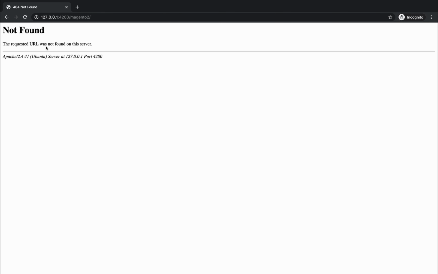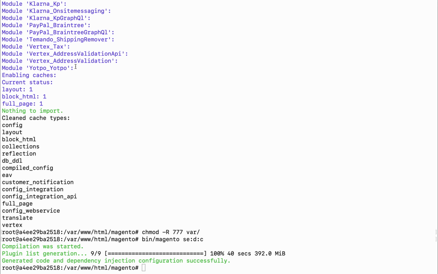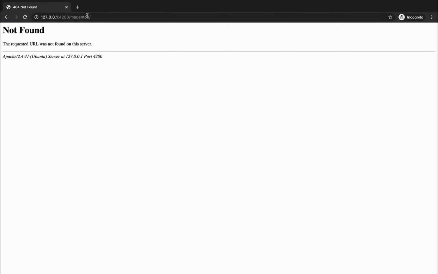Now I see another issue. It says the requested URL is not found. The project which we have installed is in the Magento folder, but right now it is trying to access Magento 2. So there is some issue that we have to fix.